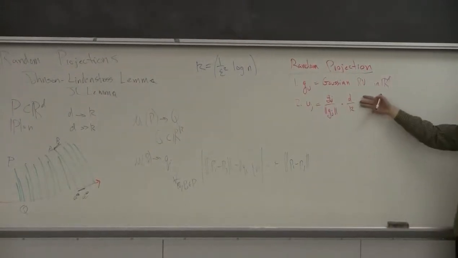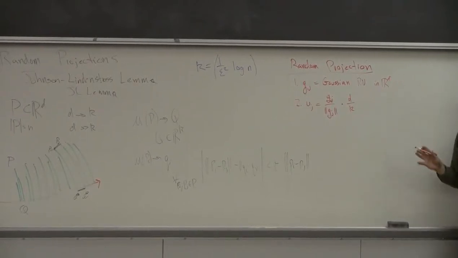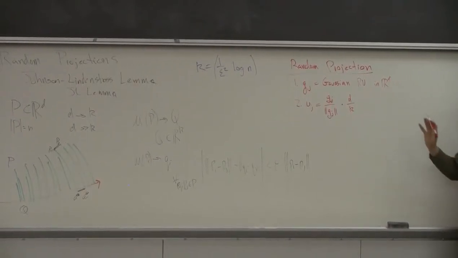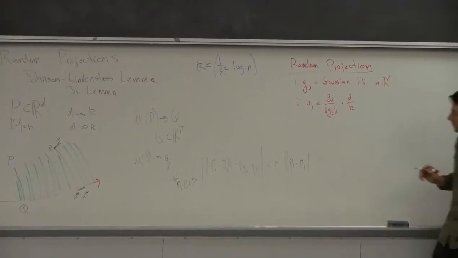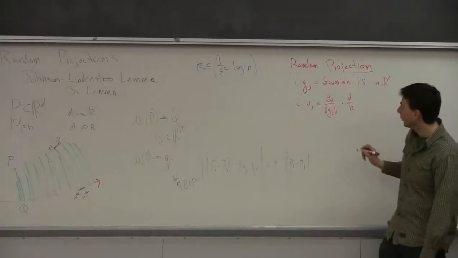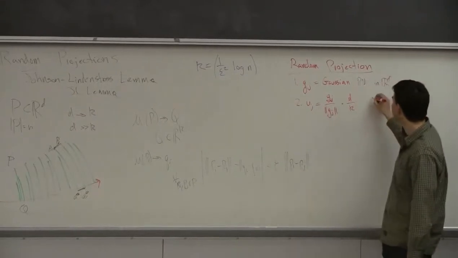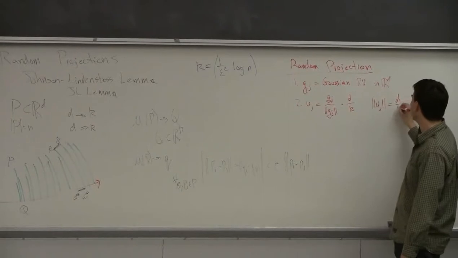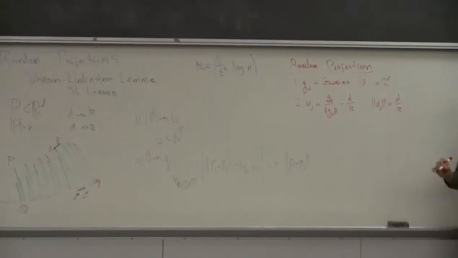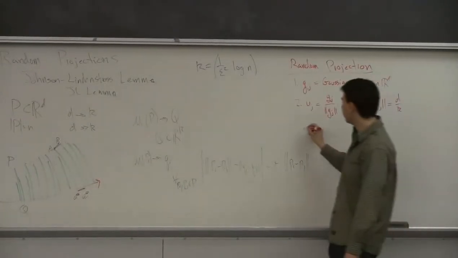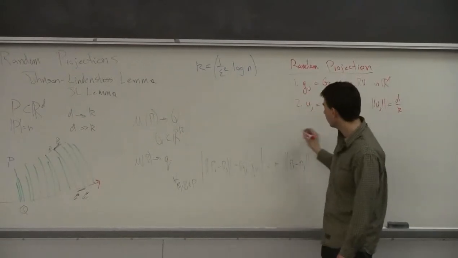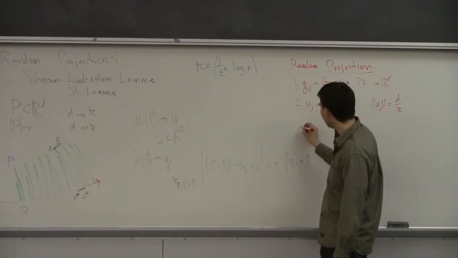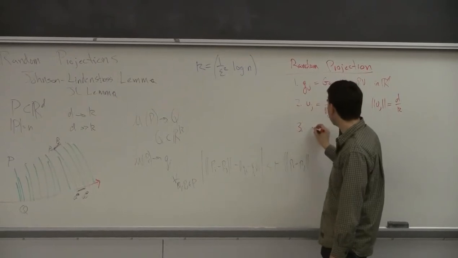Since d is bigger than k, I'm growing the length a little bit here, and we'll see why we want to do that. This means that the length of Uj is going to be exactly the square root of d over k. So now, what I'm going to get is a point Q